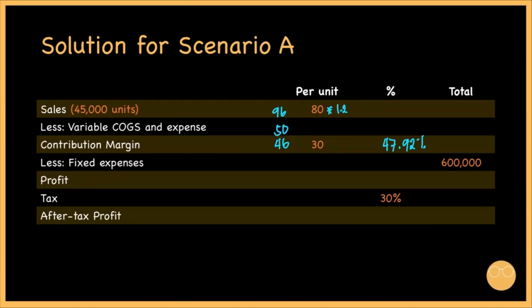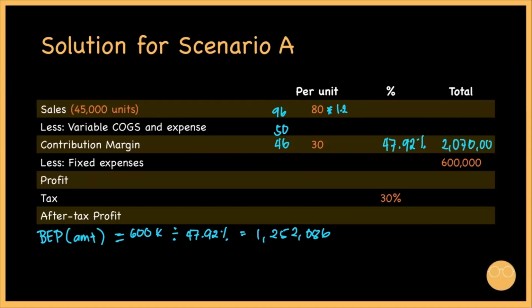So that will be the BEP in terms of amount. That is 600,000 divided by 47.92%. That will give us 1,252,086 pesos. 45,000 units multiplied by the 46 unit contribution margin will give us 2,070,000, less our fixed expense of 600,000, that will give us